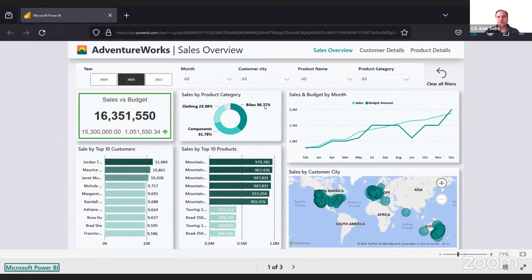Now since I've already shared the data with you, let us move to the data set and let me show you what all is there in the data and how we start with this. So the data is called Adventure Works. It is one of the most commonly used data sets for learning Power BI, because it has a variety of tools which you can use to learn things. Now let us look at the files which we have. The first file we have is product, then region, then reseller,